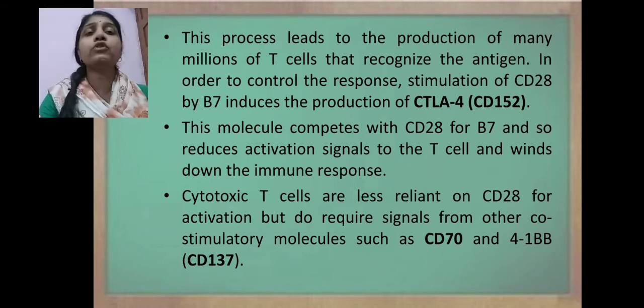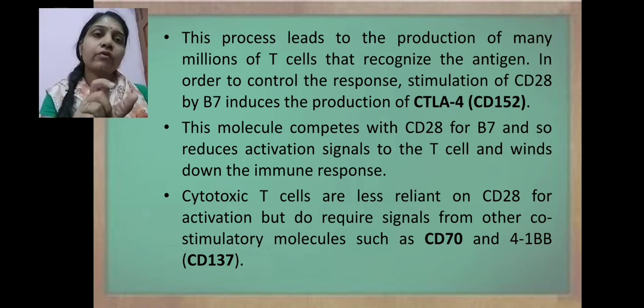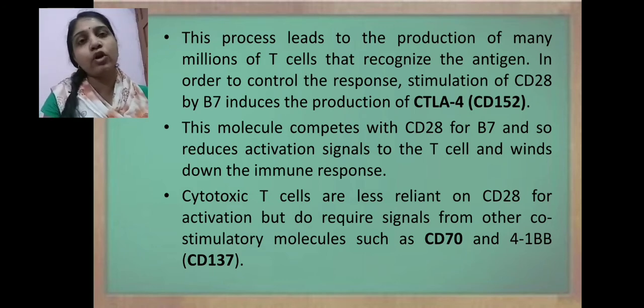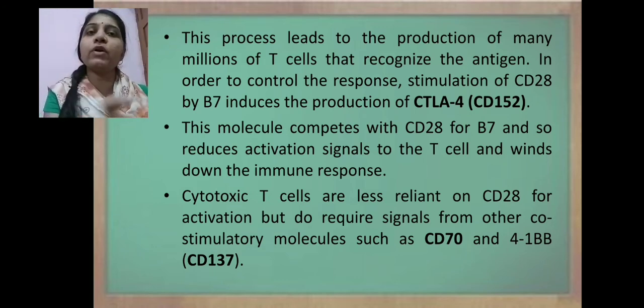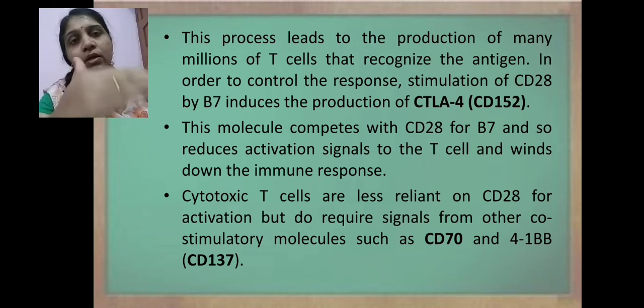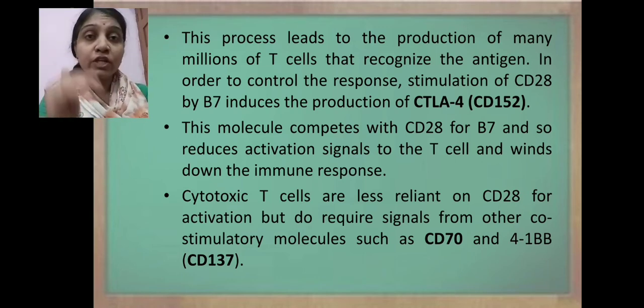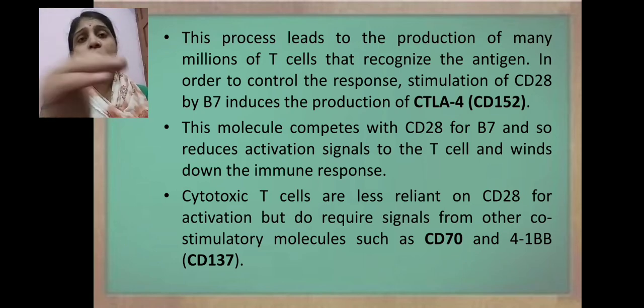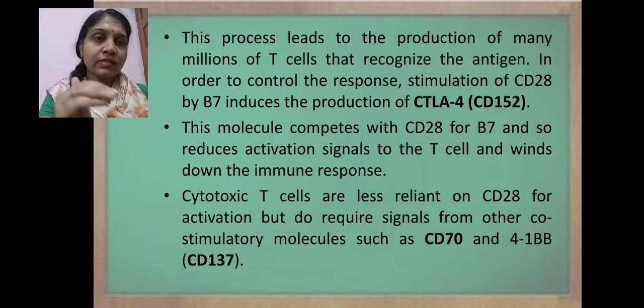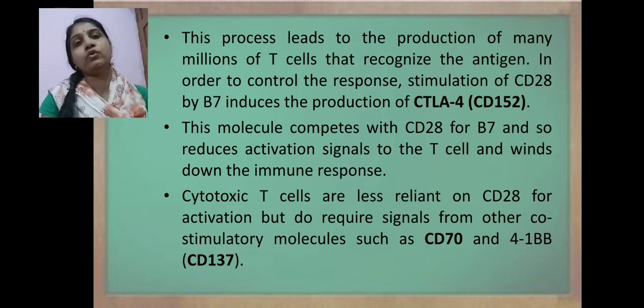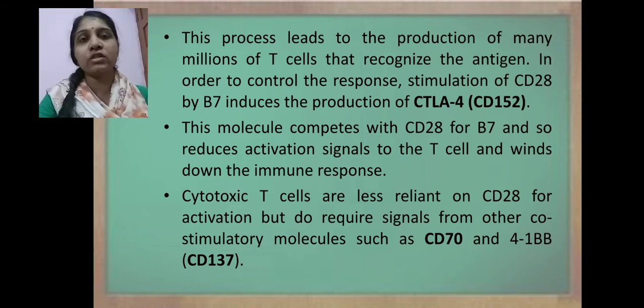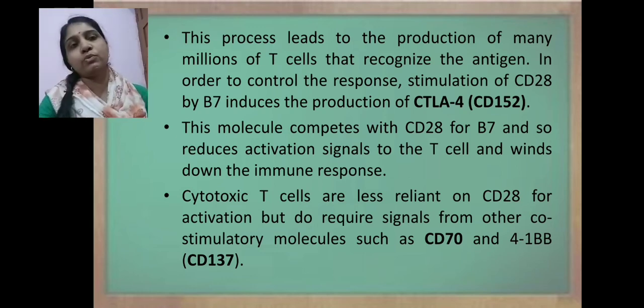Now, when CD28 interacts with the B7 molecule, it is responsible for the proliferation of T lymphocytic cells to develop the immune response. Now if, instead of CD28, there is the interaction of CTLA4 with these B7 molecules, at this time there is the reduction of the immune response. It will stop the proliferation of T lymphocytic cells. Means here it is for the down regulation of the immune responses. It is the regulatory mechanism for the development of immune response.